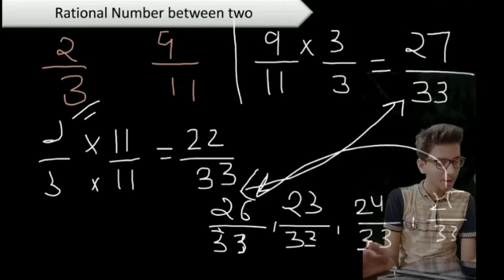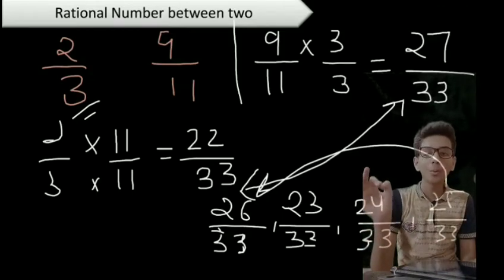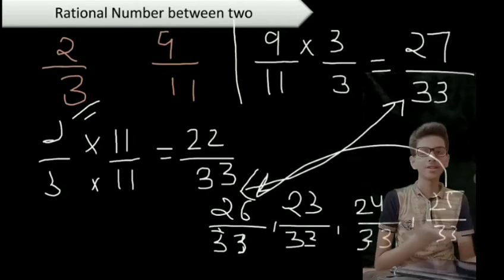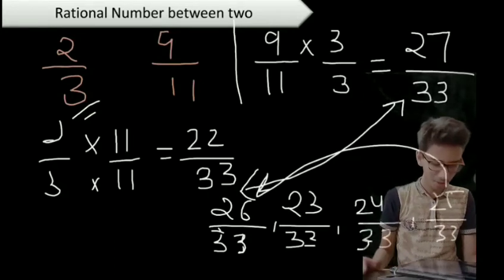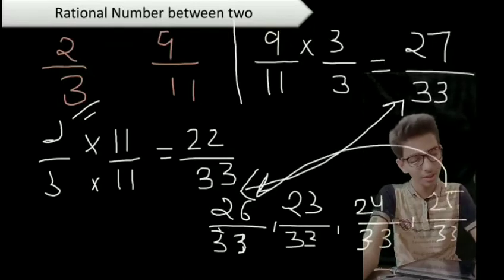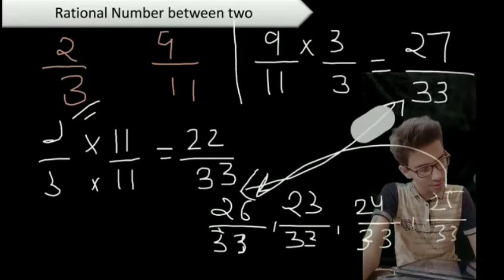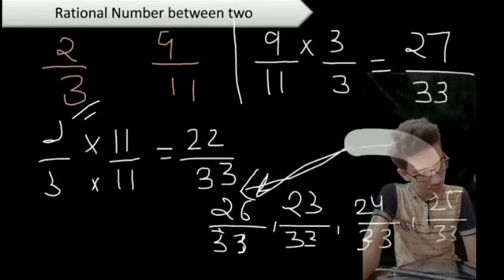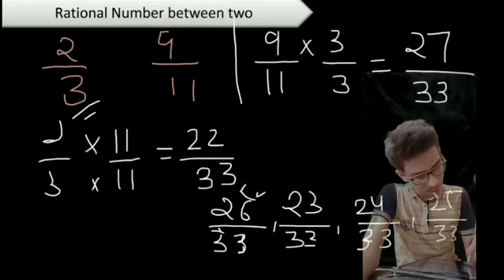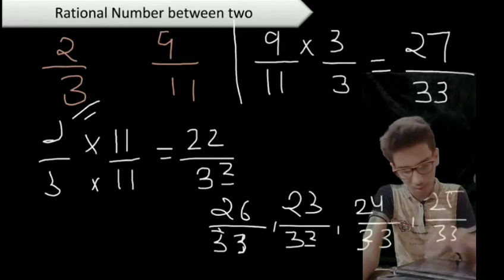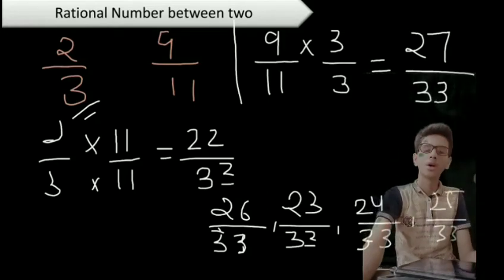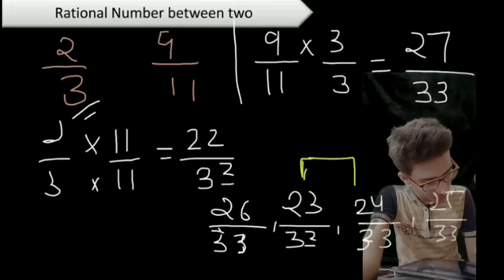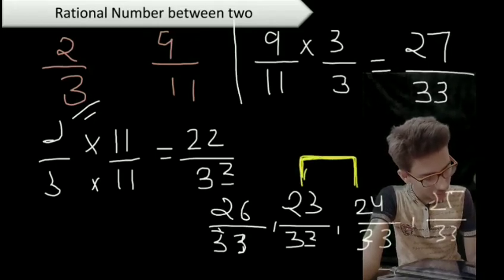Yeah, there are infinitely many numbers between 0.5 and 0.4, right? So it is nothing in front of that. Yeah, there are infinitely many numbers between that. So let's see. If we want, we got 4 numbers between, right? Let's say if you want to find 6 numbers, oh god, how to find the sixth one? We are going to add these two and find the mean of it. Find the mean of these two numbers.